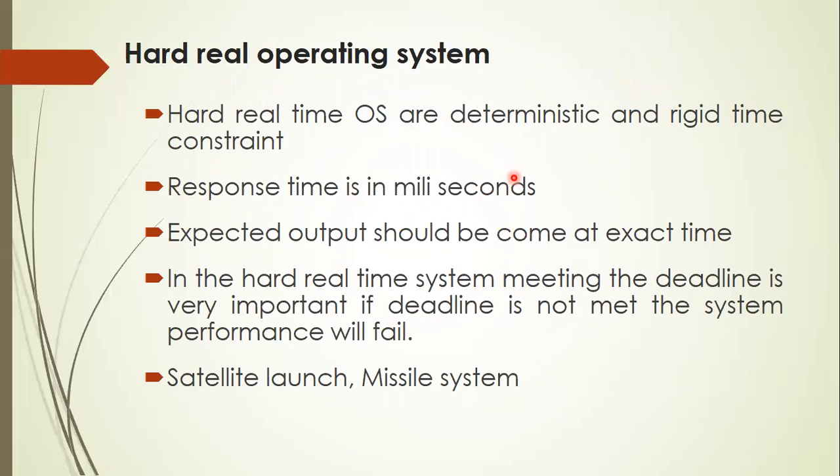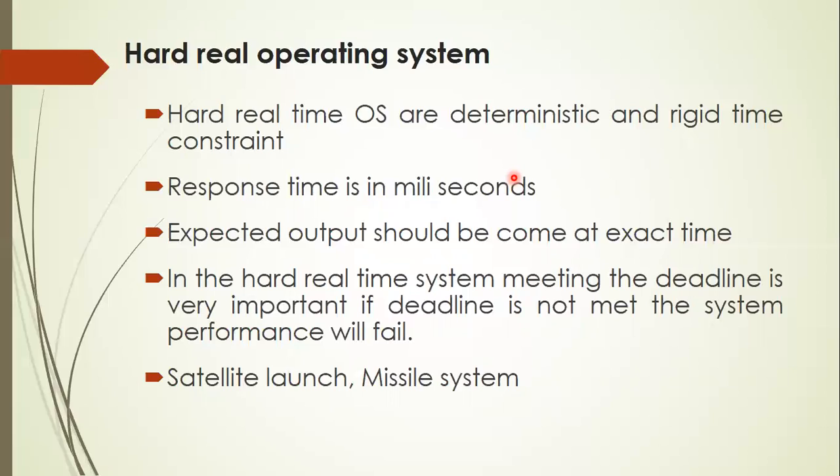The characteristic here is that the input is given by the sensor to the computer. The computer receives the sensor input, modifies certain controls, processes the input and gives out the output. But at the time of giving the input itself, we know what output we should get. The output should come within the time limit. Here, the response time is the time between submission of your program and the output. Suppose you submit your job at 2 o'clock and you get the correct output at 2:10; in that case, the 10 minutes is called the response time.